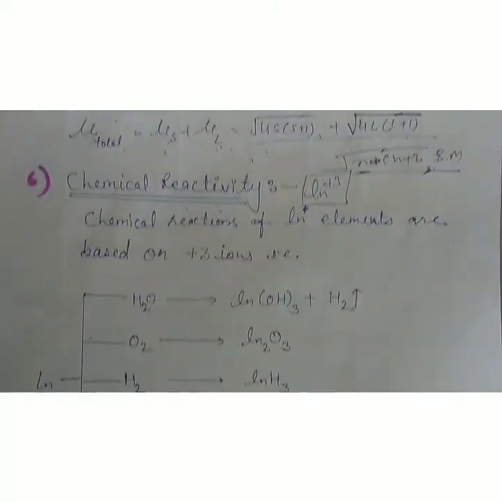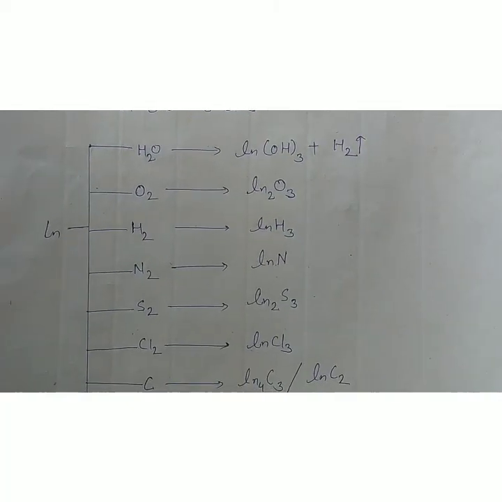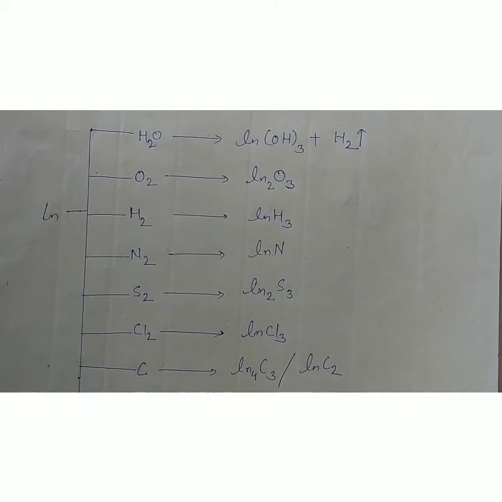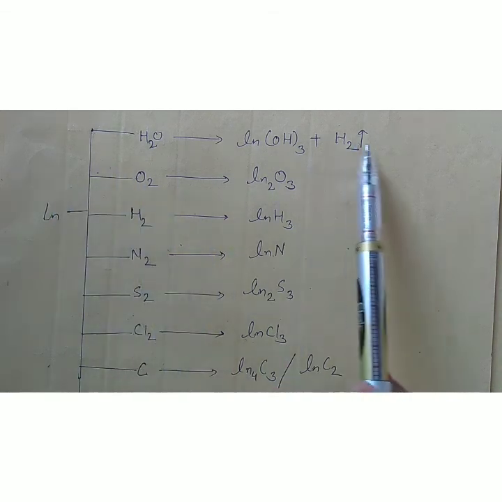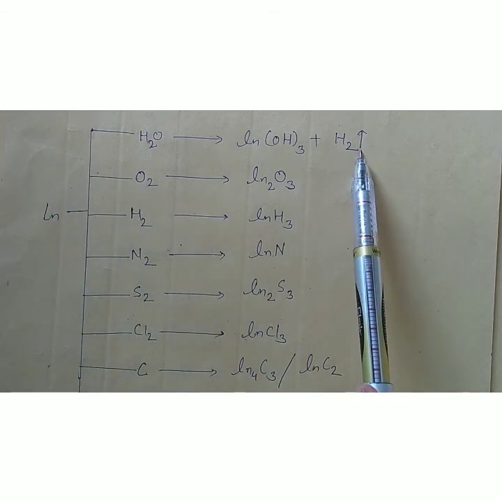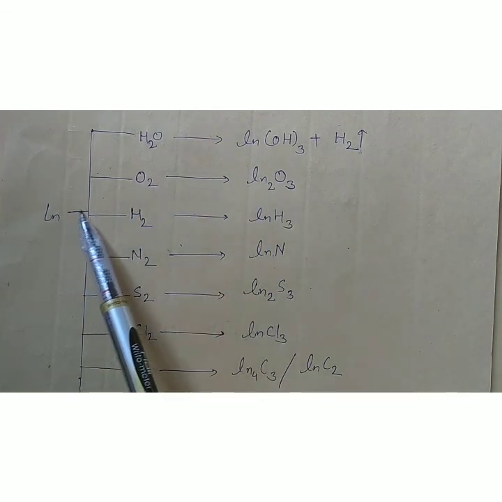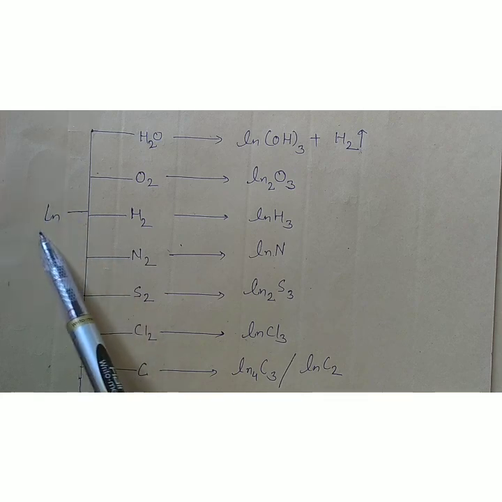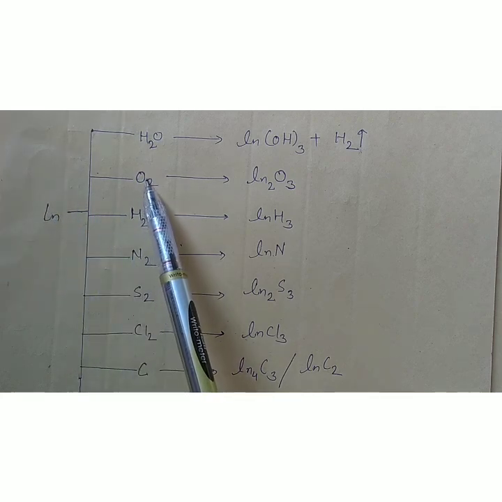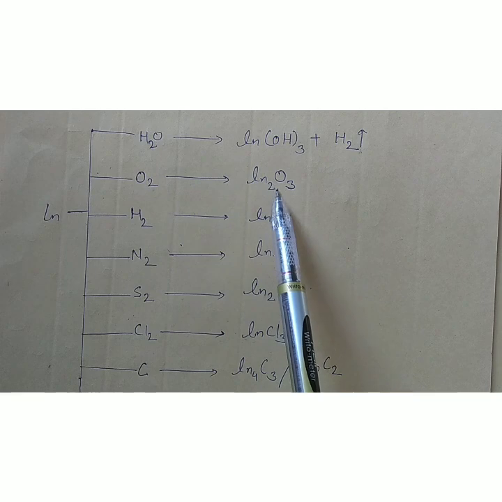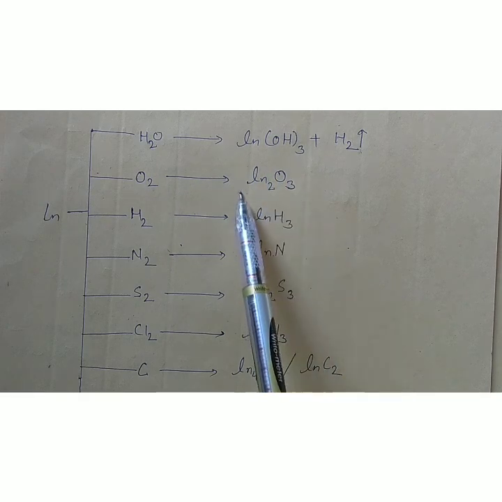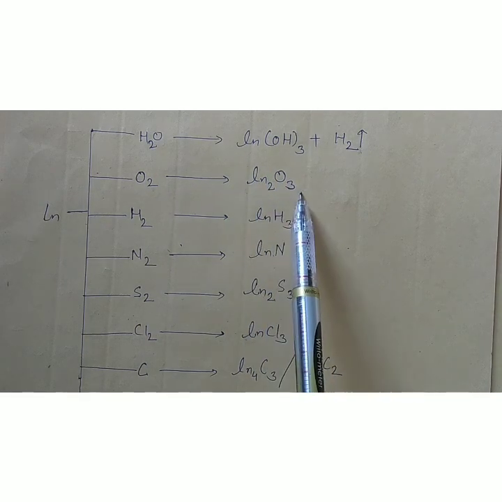So just like general metals, as we react the lanthanides with water, they will release H2 gas. As metals release, hydroxide forms and H2 gas is released. With oxygen, the silvery look of the lanthanides becomes dull in the presence of oxygen or air because of the formation of Ln2O3, meaning oxides. Oxide will form.